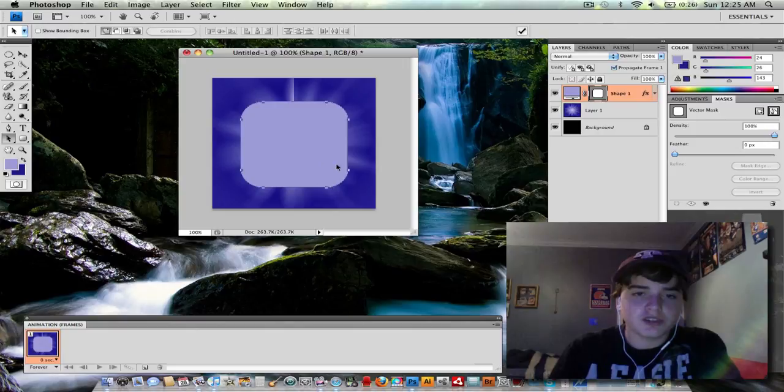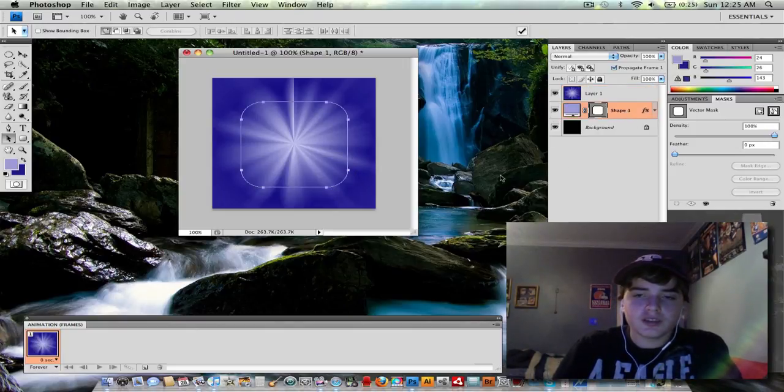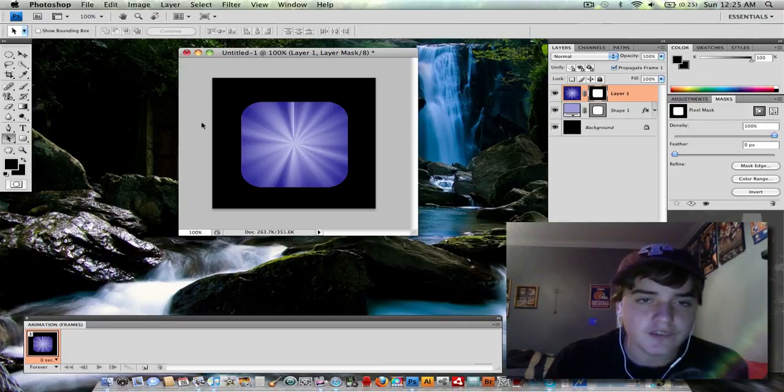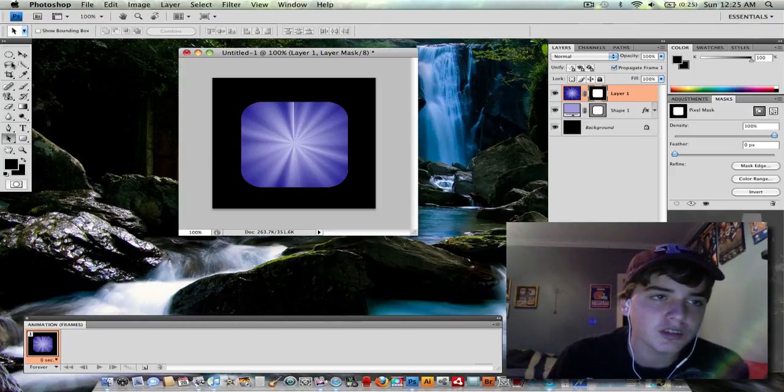Just in case you don't think yours is centered. And now you just drag it back to the bottom again, you command click it, go to layer, click the subject mask thing, and there it is again. Alright, so now what I want y'all to do is go to your